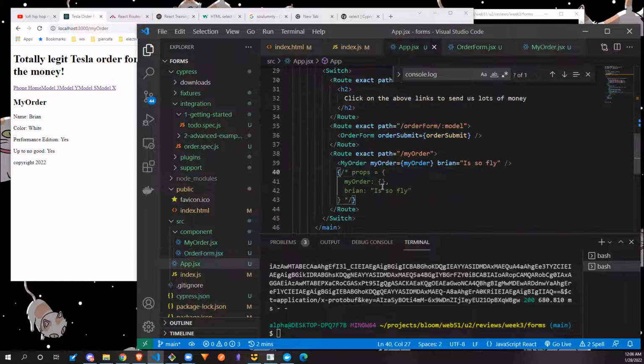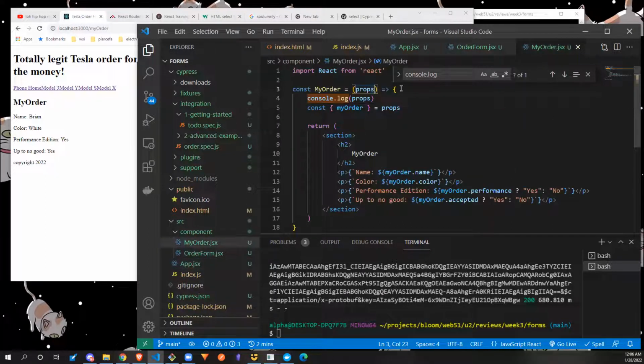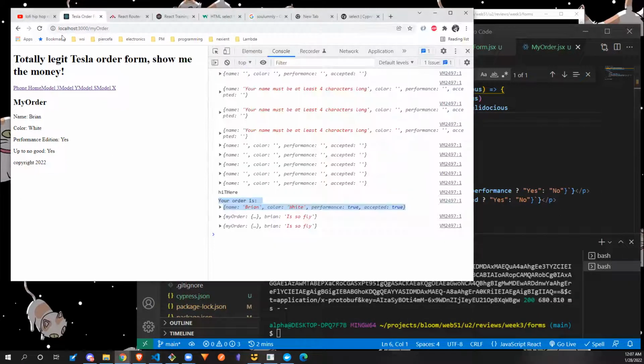So we now have app, and we're now passing down two key value pairs into the props object in my order. As a matter of fact, I'm just going to call this supercalifragilisticexpialidocious. Thank goodness for filling things in. There we go. Save it. All right, so notice how I'm not calling it props, I'm calling it supercalifragilisticexpialidocious. So if I refresh this,